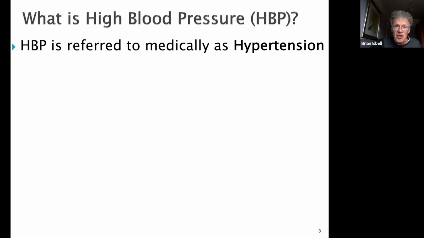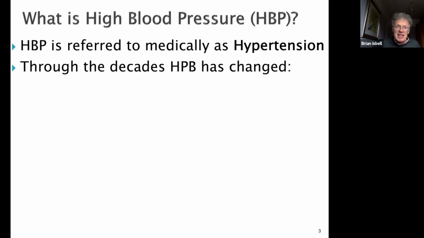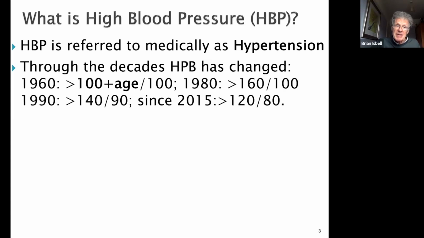Now, historically, this value through the decades has changed. And we could ask the question, well, why has it changed? Surely, it's been known for some time what is a safe blood pressure. So why should the definition or description of high blood pressure actually have to be used, and why would it change over decades? If we look at it historically,